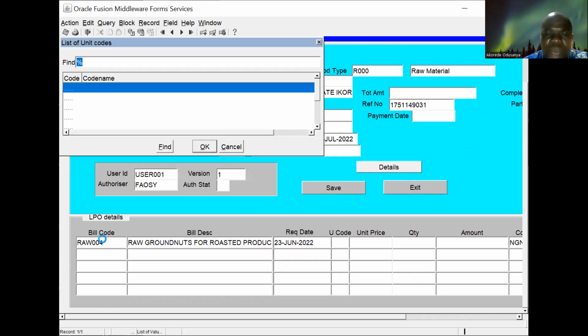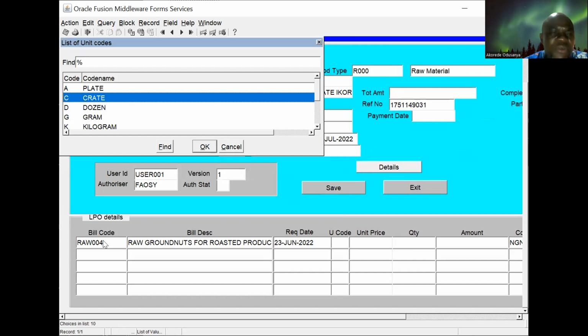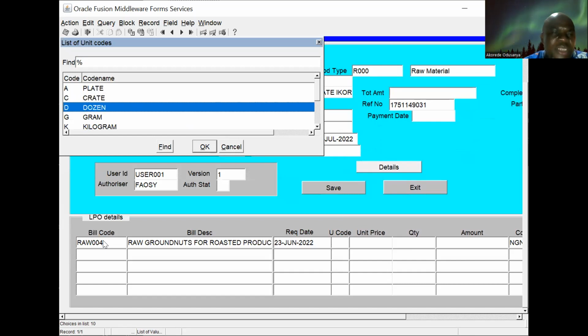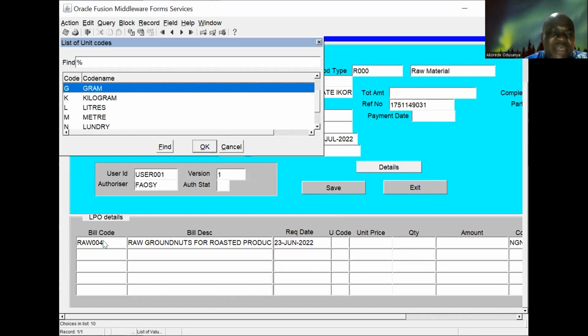Now, in what measurement? It's the first measurement in the system. A for crate, B for place, C for crate, D for dozen gram. You must have defined this earlier, as I showed under definition. What measure